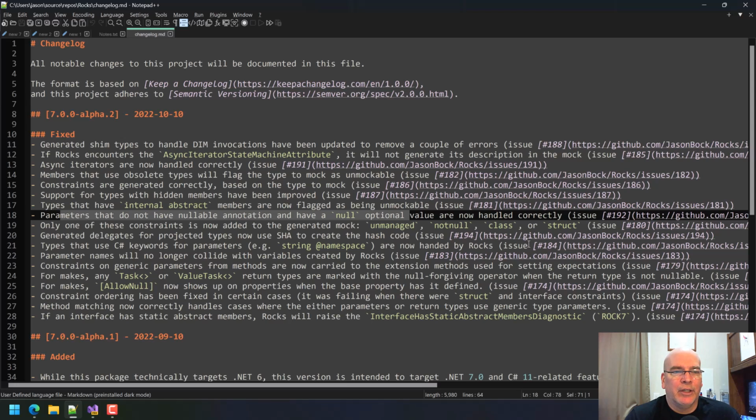Support types with hidden members. Yeah. So that's the new keyword. If you have a method that's virtual in a base class, and then you say new in the subclass, it hides it. If you remember a language called Visual Basic, that's called shadowing. It's essentially the same thing. I don't know if it's technically the same, but it's pretty much the same thing. And it can lead to some really weird, bizarre cases in terms of how do you handle that. It should be overridden. Should you do an explicit implementation?